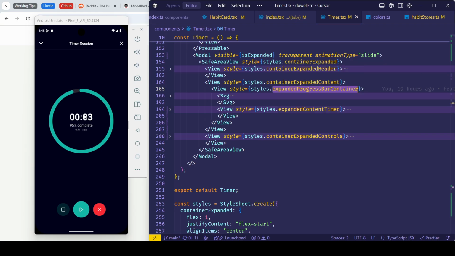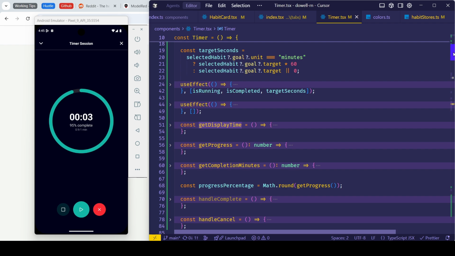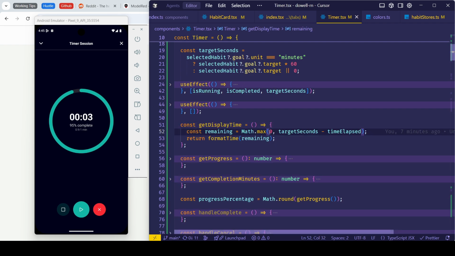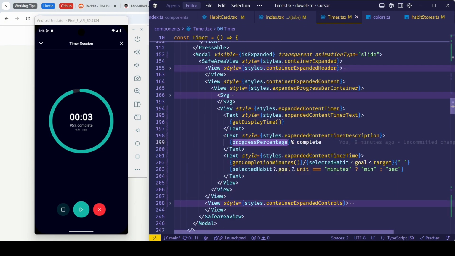So the text will fill the center of the circle, just like this. It is for the getDisplayTime function, which calculates the formatted time for the minutes. It is like this.